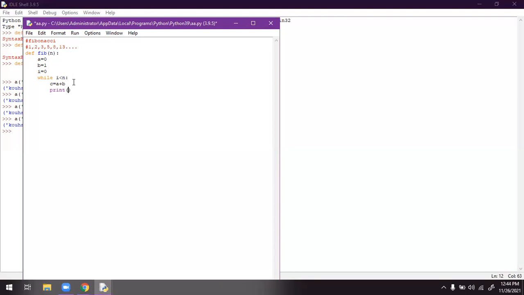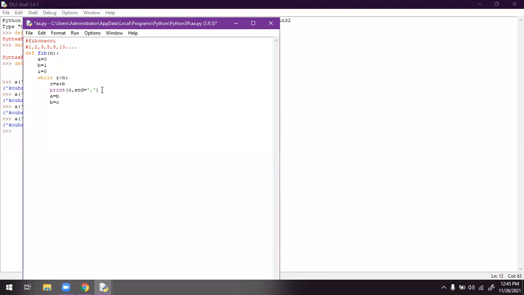I need a series now, so I have to write C comma, and I have to end with C comma, and I have to end it with empty quotations, or else comma. Okay, and I have to print the statement, and after C I have to write comma. So then what must happen? A must be given to B, sorry, B must be shifted to A, and the value which is present in the C must be shifted to C.